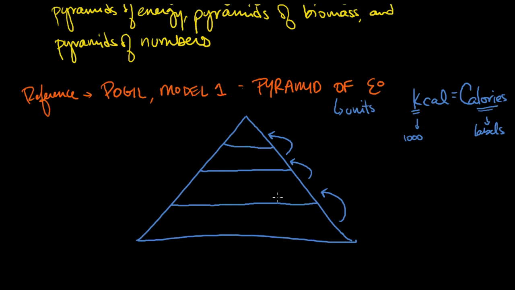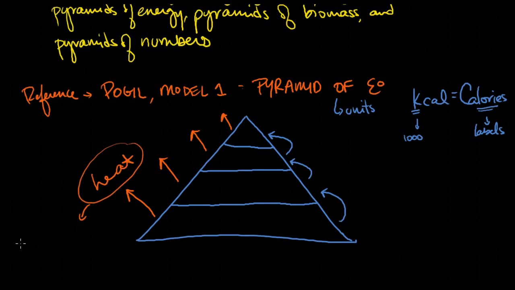So calories is a unit of energy, and in your POGIL you had to label levels as producers and consumers, primary consumers, secondary consumers, tertiary consumers, and as these organisms move up a food chain, which is what we're talking about here, you see that the base or the width of the triangle changes because a lot of energy doesn't make its way up to the next level. So interestingly, a lot of the energy is lost at each level to the atmosphere, and it's lost in the form of heat. And heat is a byproduct of a process that we're going to learn about in the future called cellular respiration. Now, you learned about this in middle school, but this is just a little bit of a review. This is that process that makes the energy that we need to function, and it's in the form of